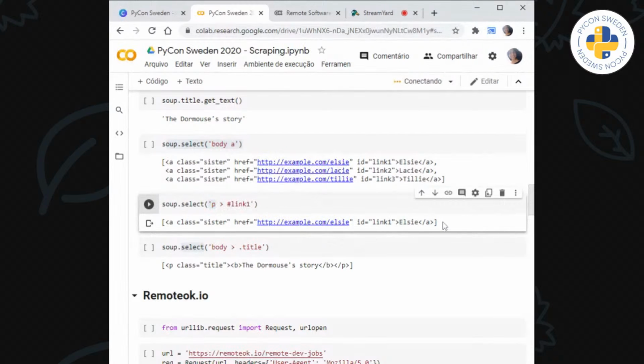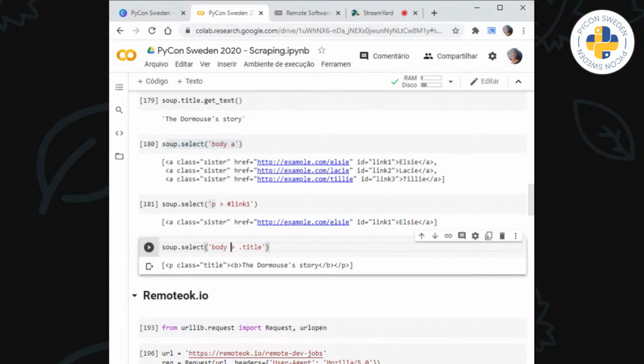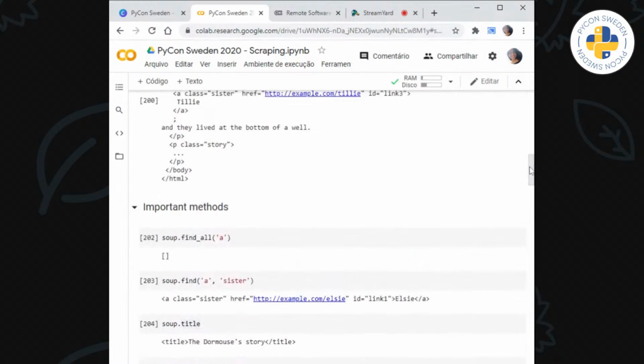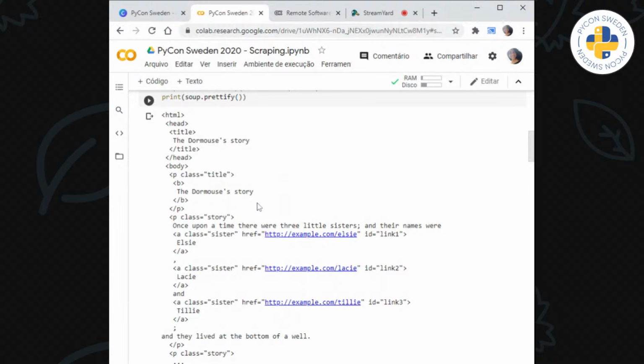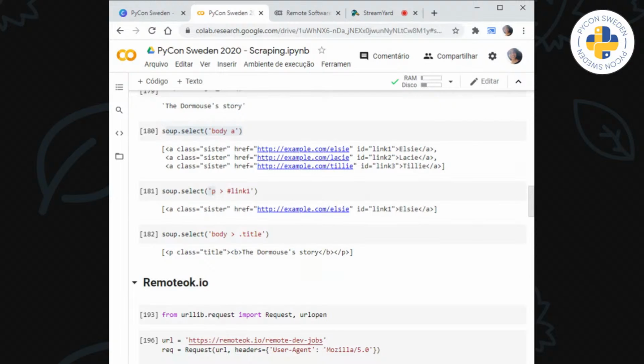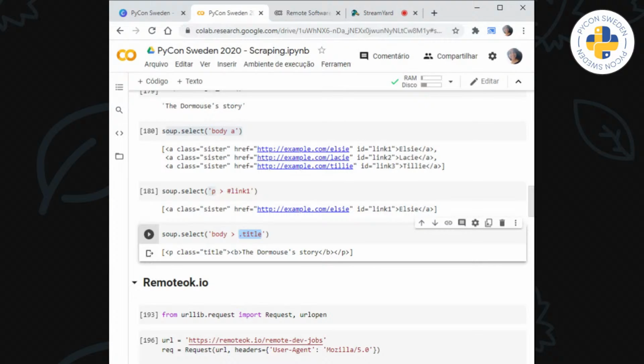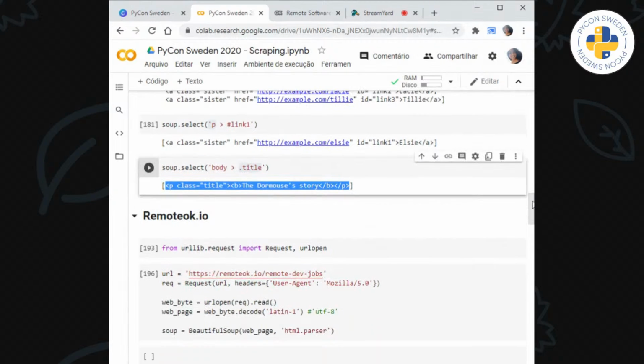It's going to return the first one because the first one is inside a paragraph and has the ID that I asked for. The same thing for the title: it has a class called title, and I'm asking it to return a tag that has the title class inside body. So it returns the string containing that part of the page structure.